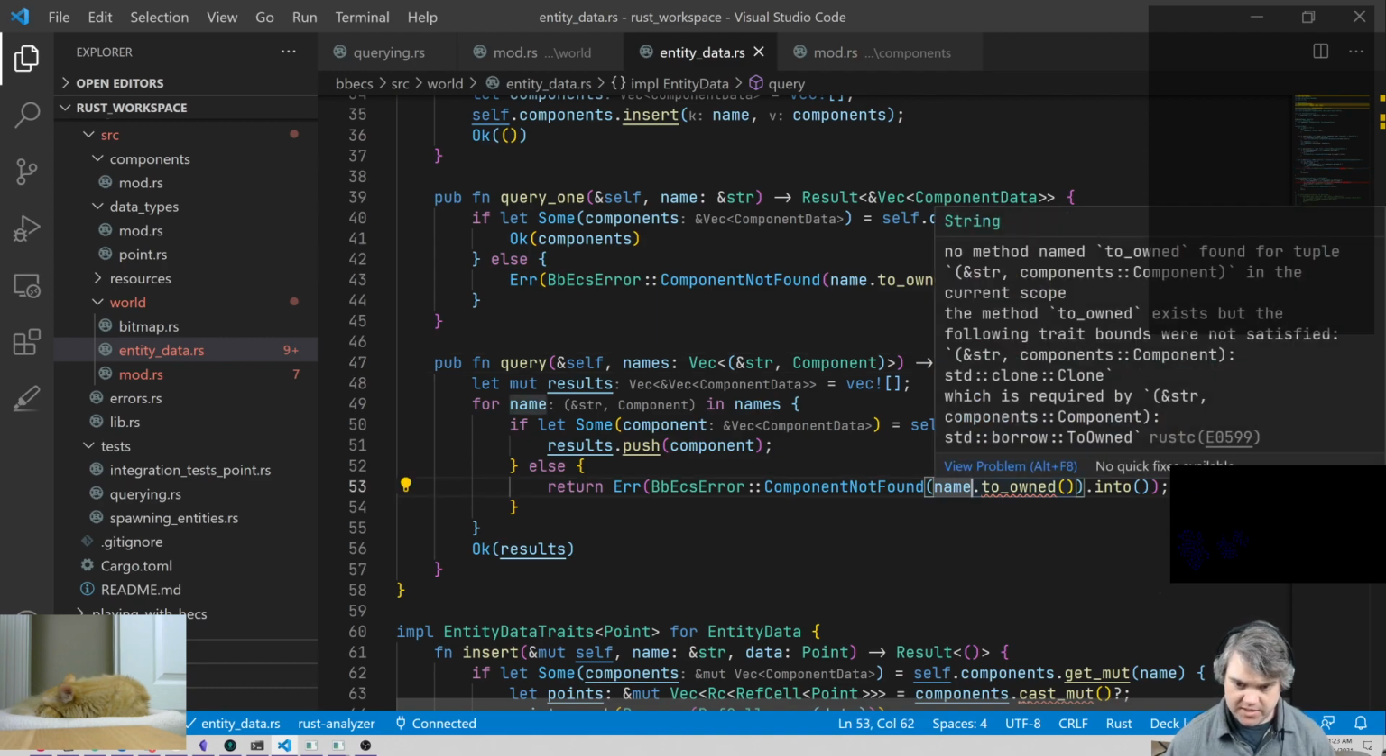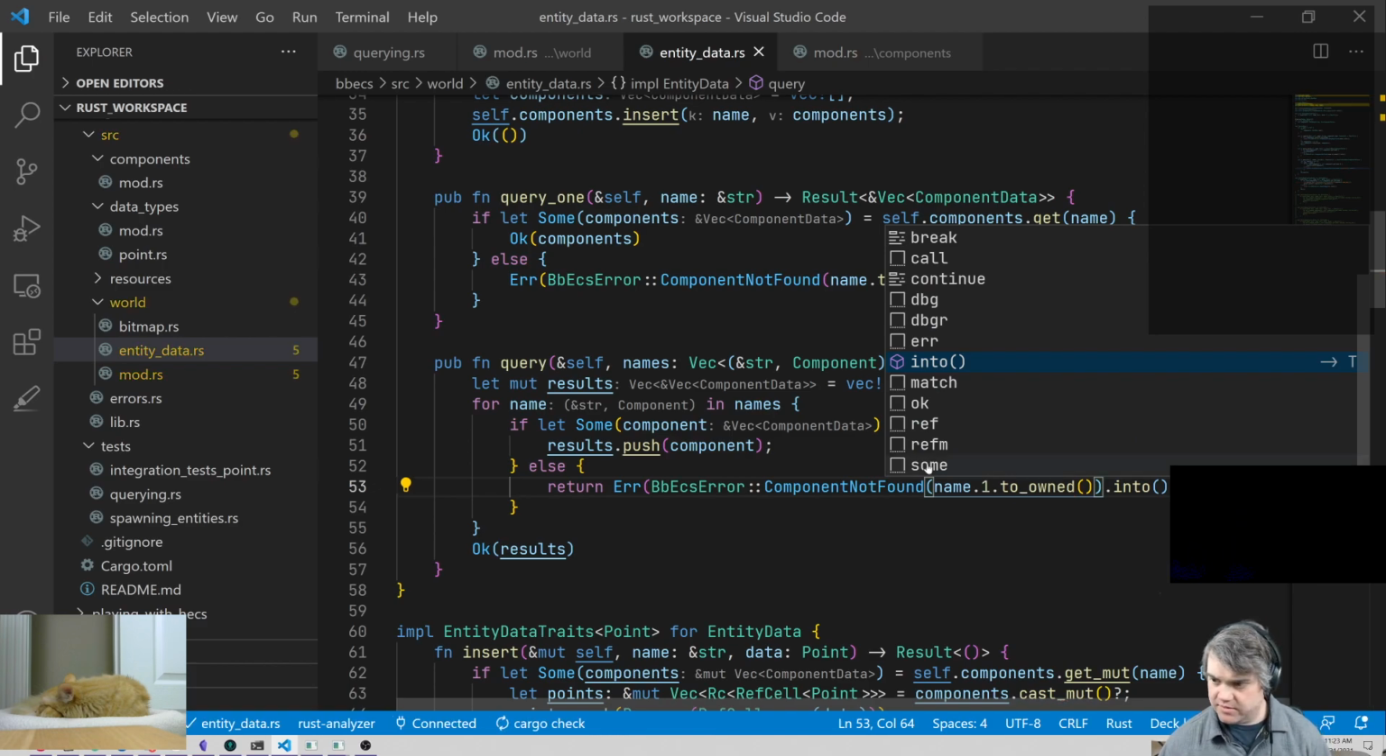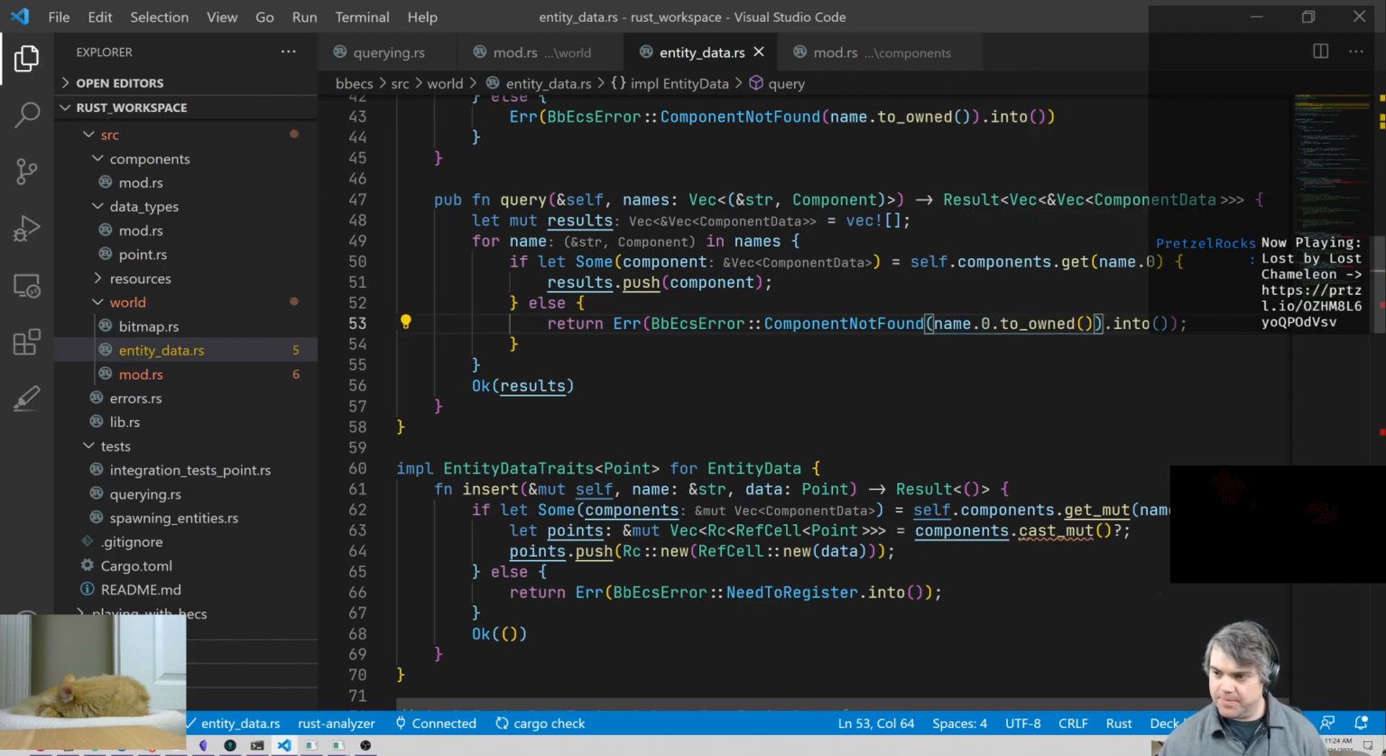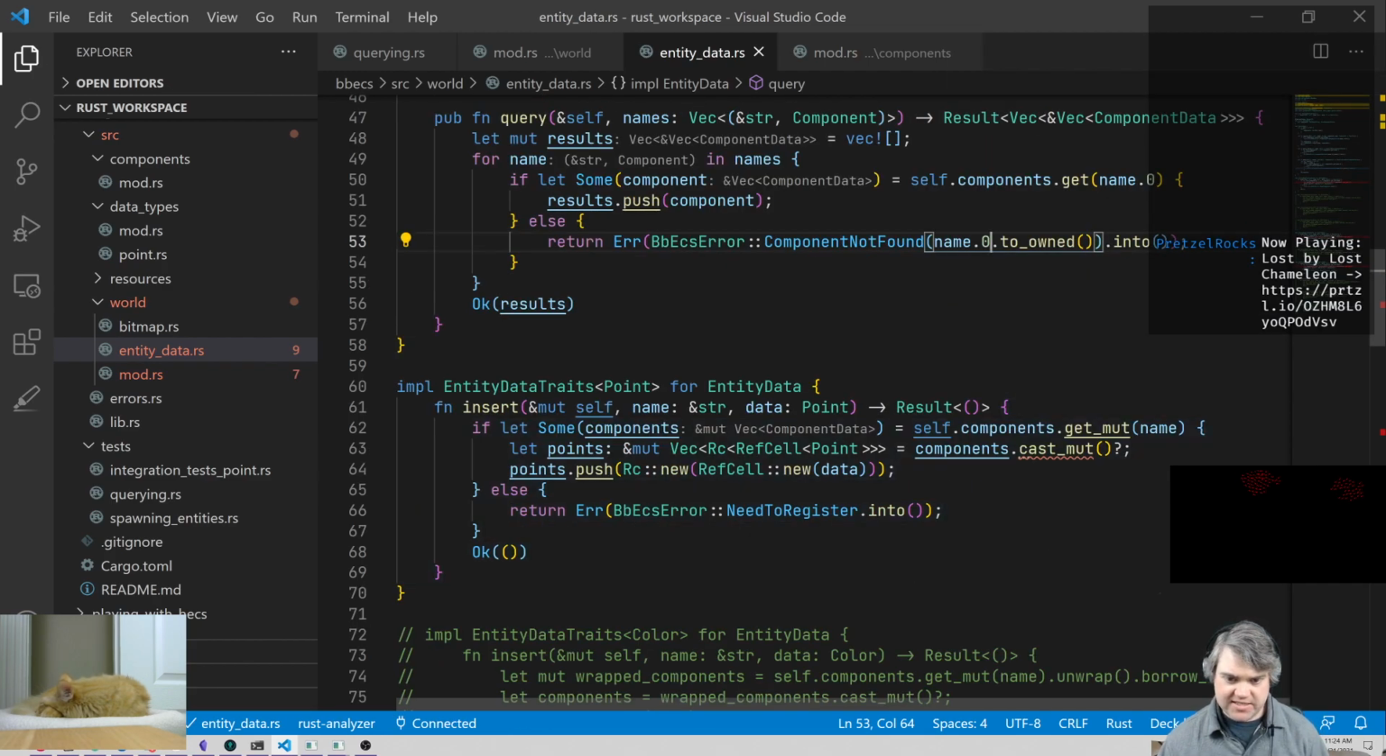And you're going to be name dot one. You want, okay. Oh, name dot zero, not name dot one, name dot zero. All right, what's next? Okay, so for insert, we have our name, our data. Okay, so what are we getting back here? We don't need to cast this anymore. So if let some components equals,